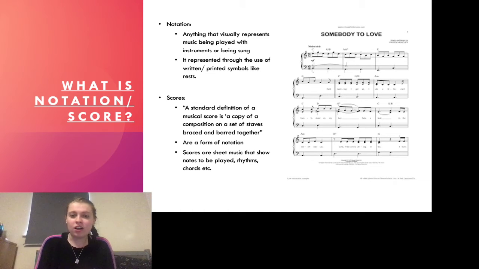Scores, however, are slightly different. Scores are a form of notation. They tend to be written for pianos, things like that. As you can see on the slide currently, there is an example of a score, but scores are also notations. So a simple explanation of what a score is: